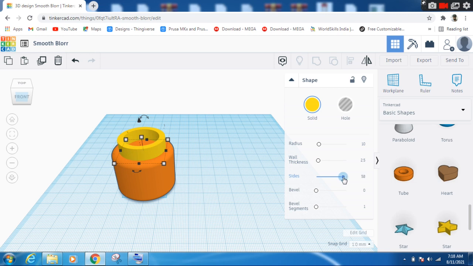Side thickness I'll increase to 64. And bevel I'll take 2. Okay, a little smoother will be good. So I'm taking bevel 2 also here, and the bevel segments 4, so it will look a little smoother.